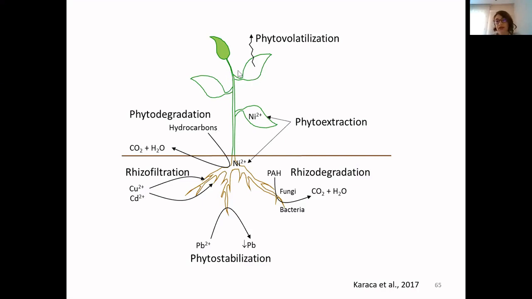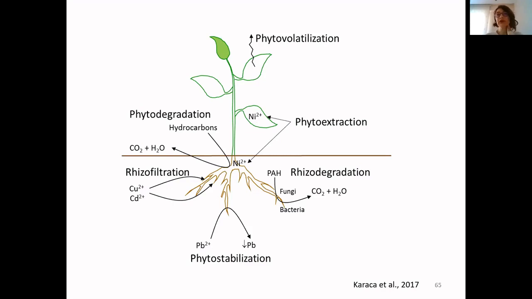Then we can classify according to these properties. For example, if the contaminants stabilize near the root area, we say phytostabilization, or if the root takes the contaminants, rhizofiltration, or accumulated in the leaves, we say